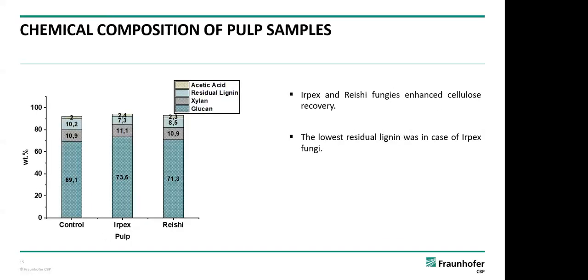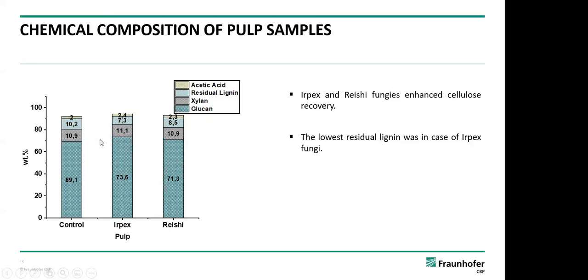In the next slides, we will show the composition of the obtained pulp samples. As we see, the pulp is composed mainly of glucan, xylan, residual lignin, and acetic acid. We see that the fungal pretreatment succeeded in recovering more glucan,